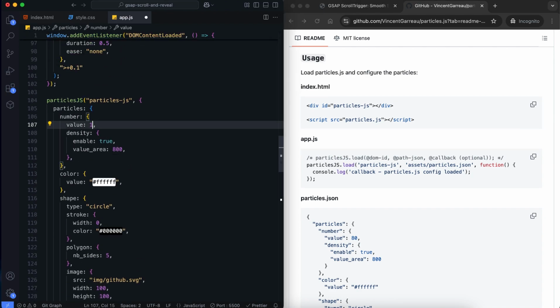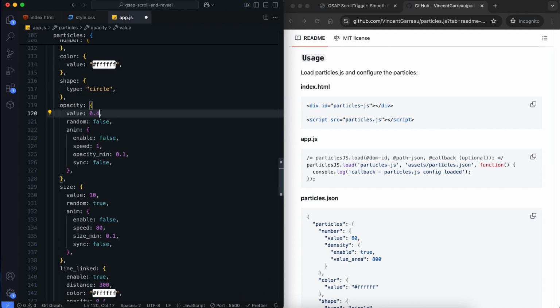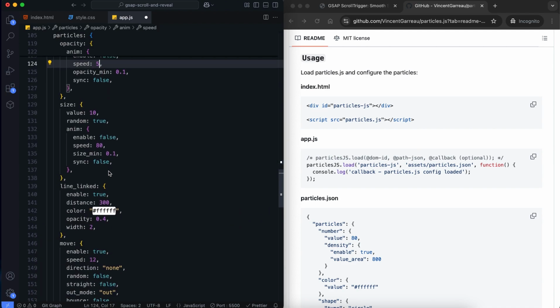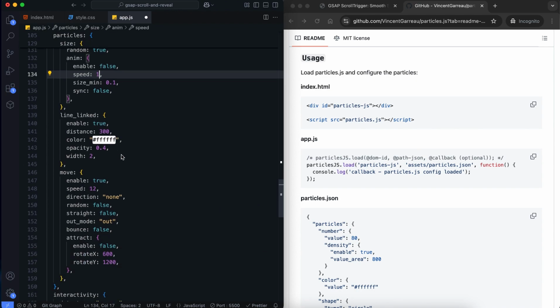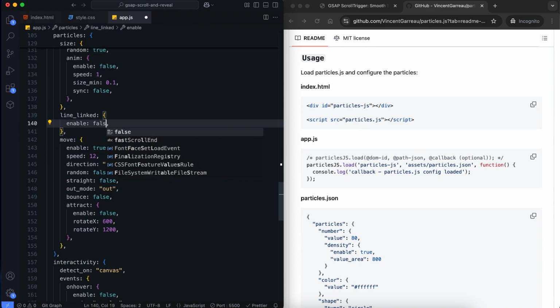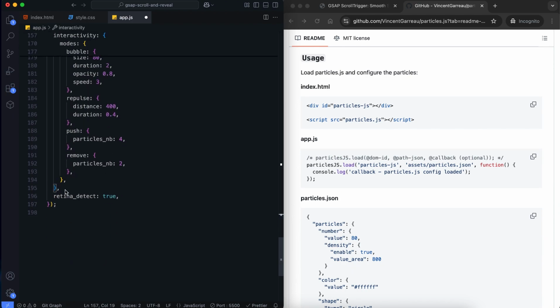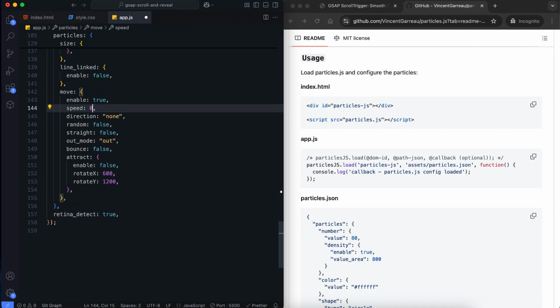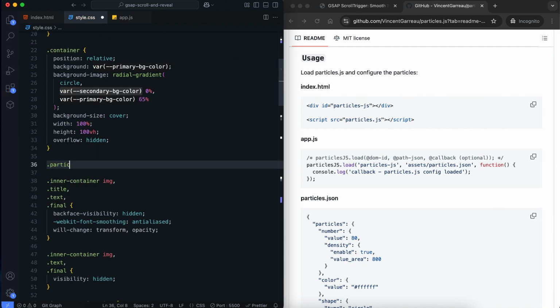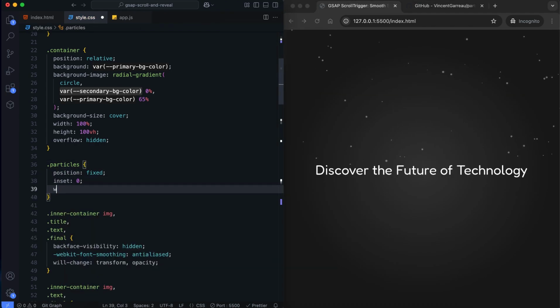We set 150 white particles. They move slowly to create a soft floating effect. The particles cover the entire screen without affecting other elements.